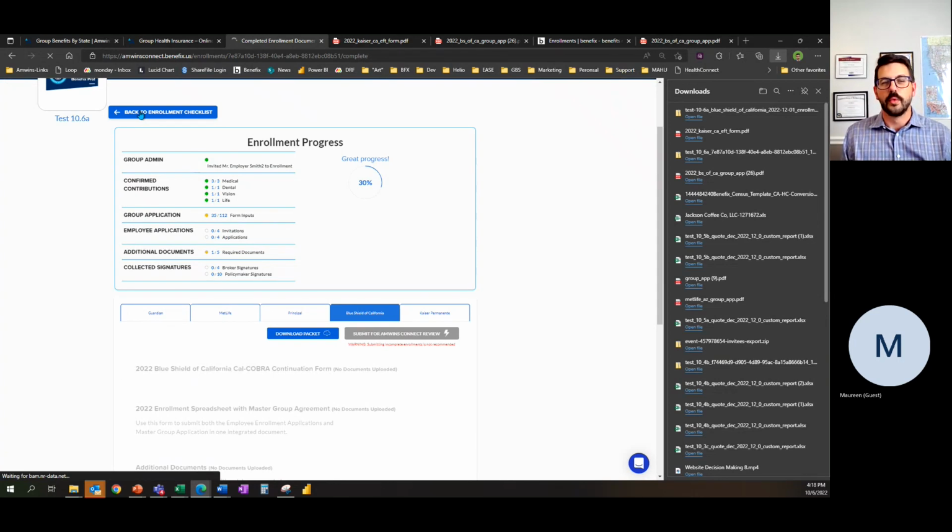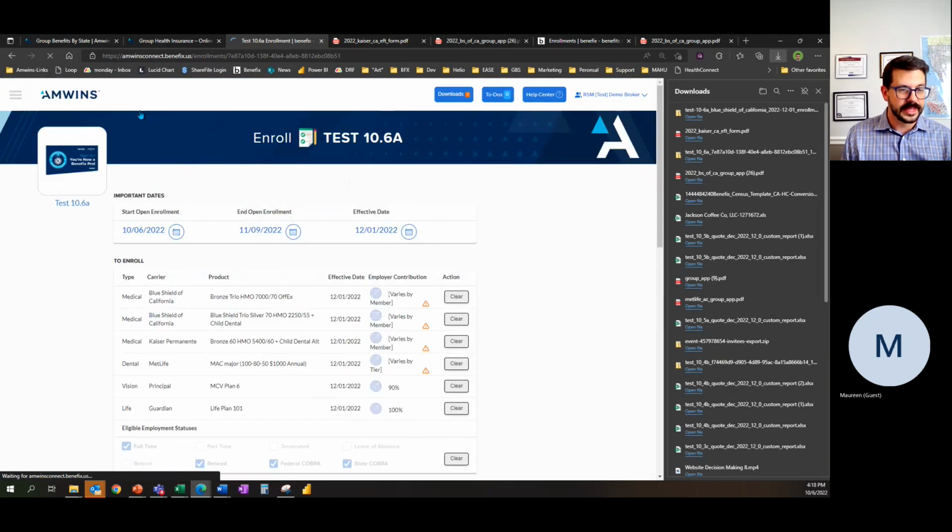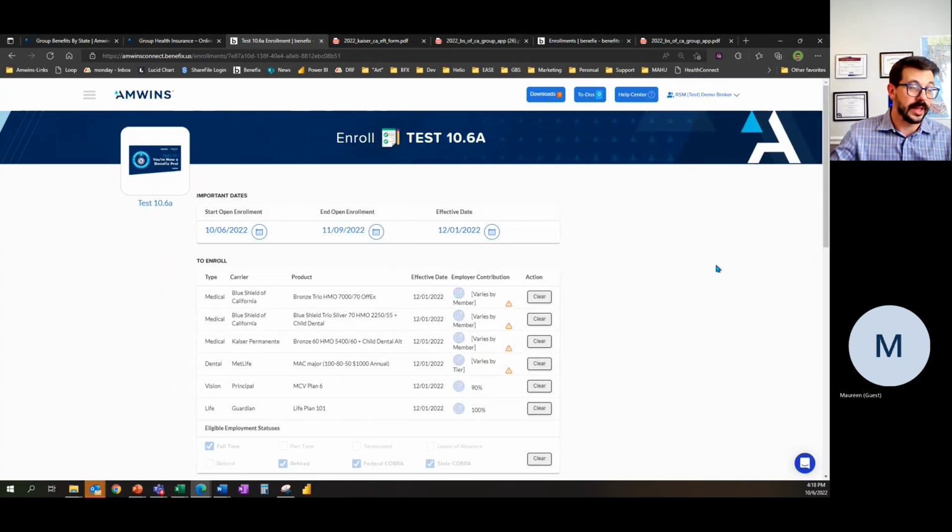So the most frequently asked question that you haven't asked yet, but I will make sure to address for you is, does this manage year-round eligibility, adds, terms, and changes? The answer right now is that it does not. This is a small group open enrollment tool or case submission tool. We are working with Benefix on features and functionality that allows members and brokers to use this year-round, but right now this is a case submission open enrollment tool that allows you to provide small group electronic online enrollment and